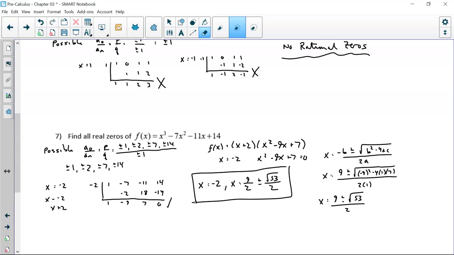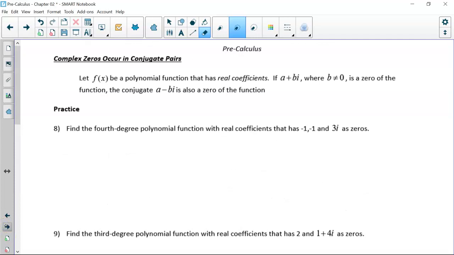Let's go to the next page, please. If you notice with our irrationals and even our complex, they always come in pairs with the complex conjugate. So whenever you have an irrational or a complex 0, its conjugate is always included. Always in that a plus b, a minus b, or a plus bi, a minus bi. So if you look at our